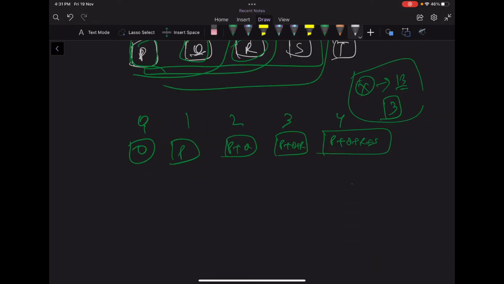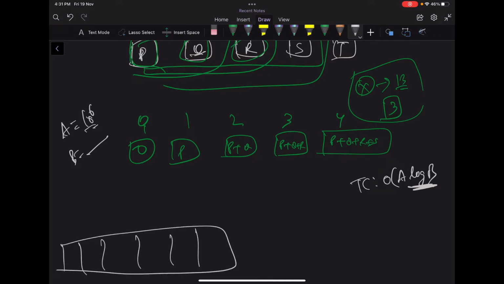So time complexity would be of A log B, where A is the number of numbers whose product value we were finding, and B is the number of different product values. So we can also remove this log factor if we want to. What we can do is, instead of using an ordered map, we can just use an array of size 10 to the power 6, right? And that way we can just store the count of all the different product values, because we know that the smallest product value can be 0, right? And what is the biggest product value possible out of all the numbers from 1 to 10 to the power 6?